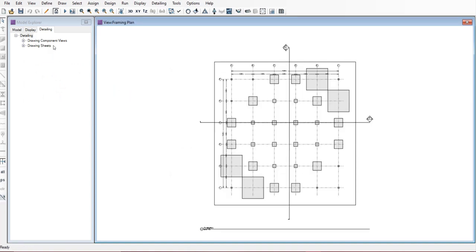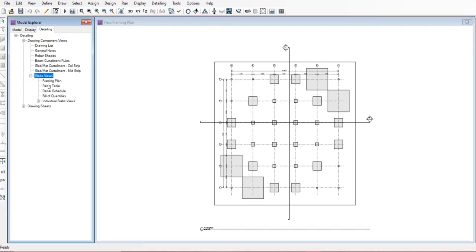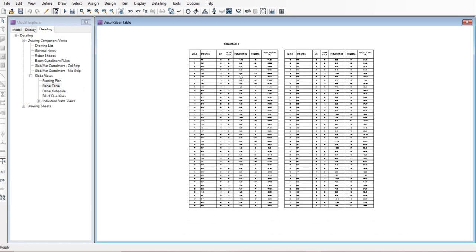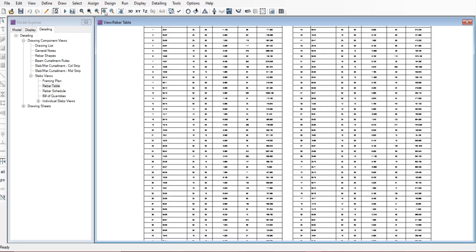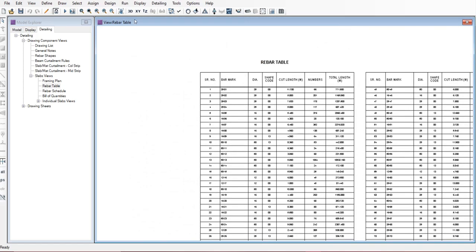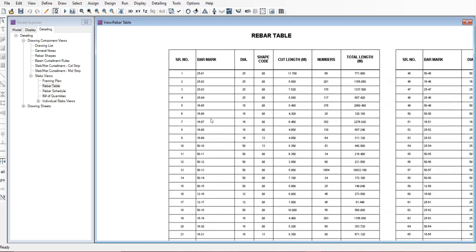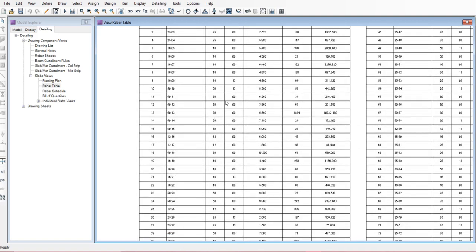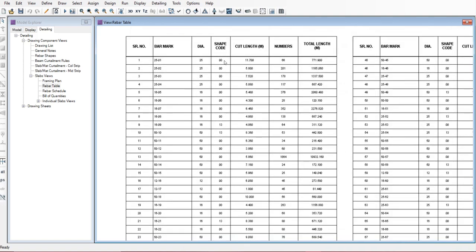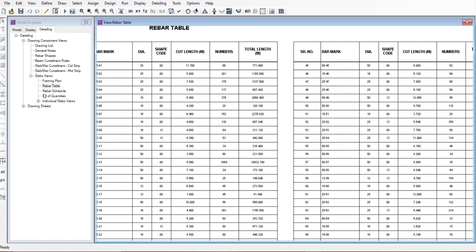Now maybe it will be shown. Here now, as you can see, the rebar table is shown with bar mark, diameter of bar, shape code, etc.